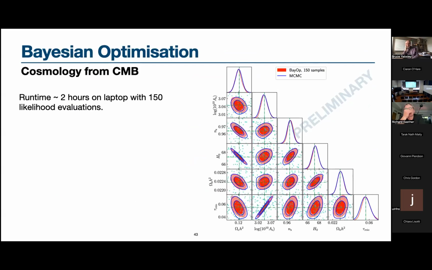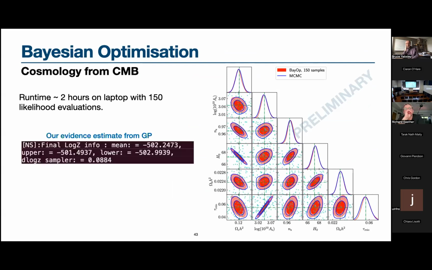Yes, that's a great question. In this one, we're using the Planck lite likelihood, which has the nuisance parameters marginalized over. But we're also testing with the full likelihood, which has all the nuisance parameters. And we have some ideas on how we can deal with that as well. So hopefully we'll have some results soon. But it becomes a lot harder and a lot slower because of the increased dimensionality of the likelihood.